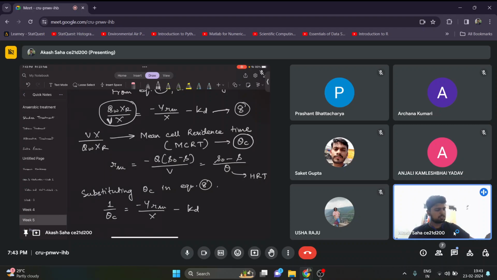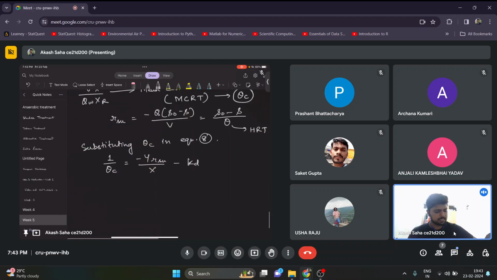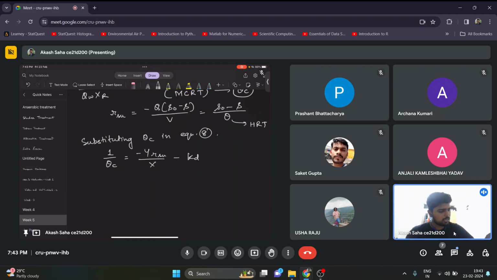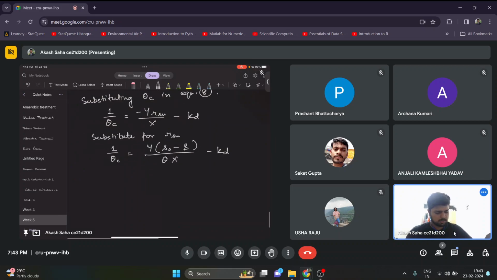Okay, so this will become 1 by theta c equals y RSU by x minus kd, and now I will substitute for RSU. So it will be 1 by theta c is equal to y S naught minus S by theta x minus kd. So finally from here,